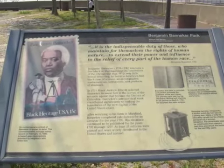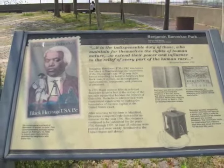Benjamin Banneker, as everyone knows, is such an unsung hero, and he contributed so many things to this nation's capital. And I think that what you have here is a really excellent opportunity for the federal government to partner with their host community and really create an 18-hour retail district, using some of the ground floor space in